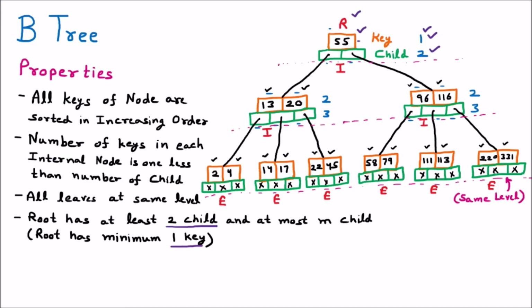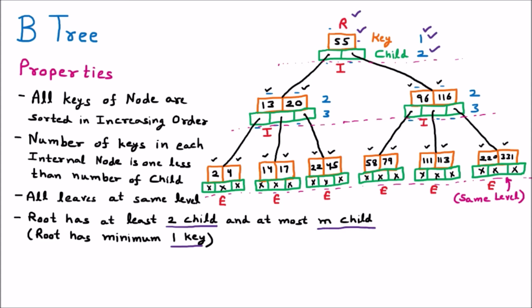And obviously for any node, if we are talking about any tree, like a B tree or M-way tree or M-way search tree, the maximum children can be the order which is given. So if the order is M, then obviously it will be maximum M children. So this property is also followed, that there should be at least one element in the root node. That means there should be at least one key.